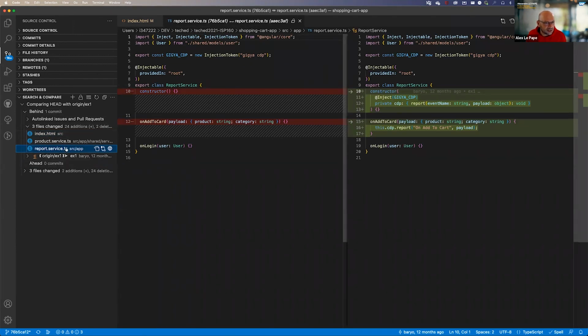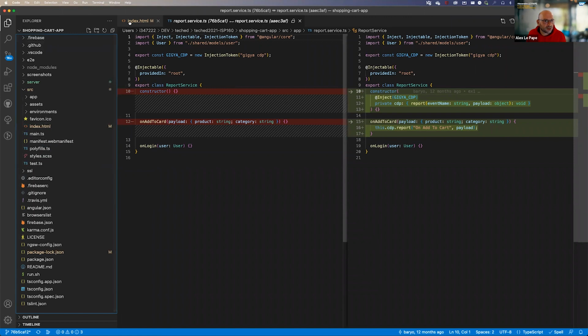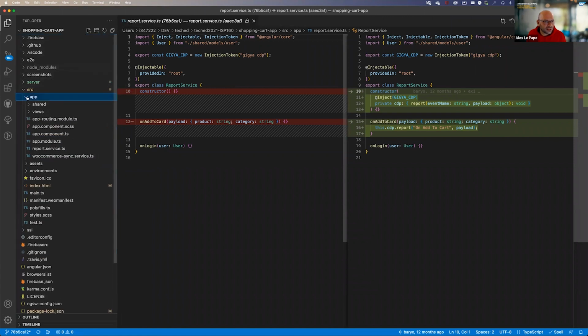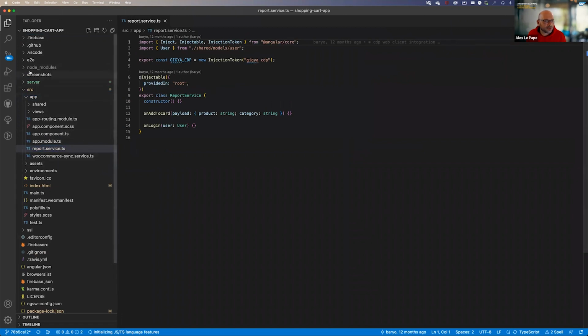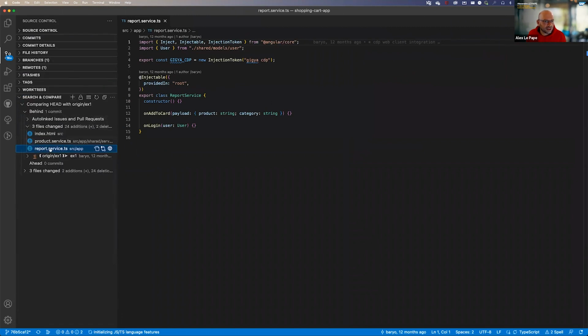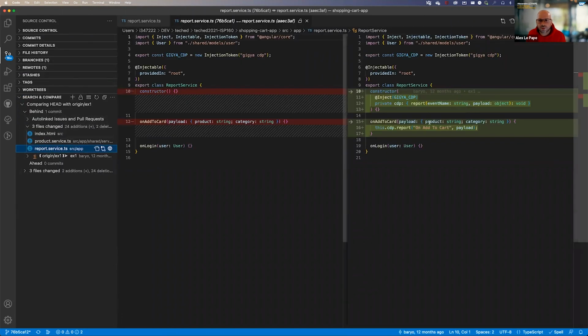It's in source app. So I'll just go into source app. I close index because we're done with it. In source app, we have that report service. Let me open it up, go back here, and see what we need to inject. Pretty simple. We basically need to fill in the constructor and the add to cart following